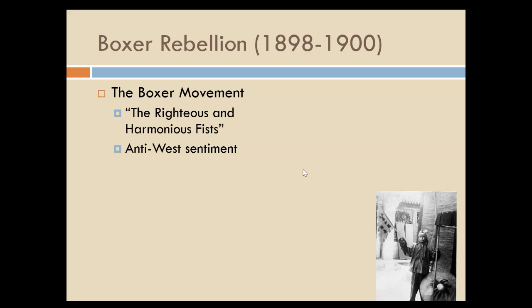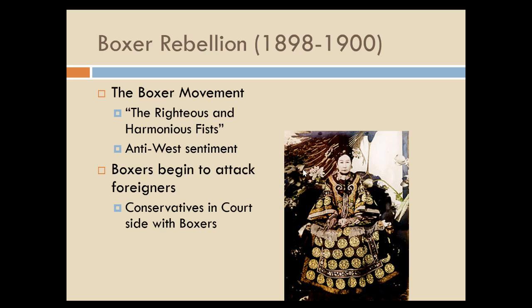It plays into this anti-West sentiment amongst the people. They despise the fact that the government has capitulated to the West, and so they begin to attack foreigners. The Boxers begin to do as the guerrilla movements that we've talked about throughout this entire semester do, and that is strike against high level targets, slink back into the shadows, and blend in with the people. There's very little identifying who is a Boxer and who is just an ordinary person until the conservatives in the court begin to openly side